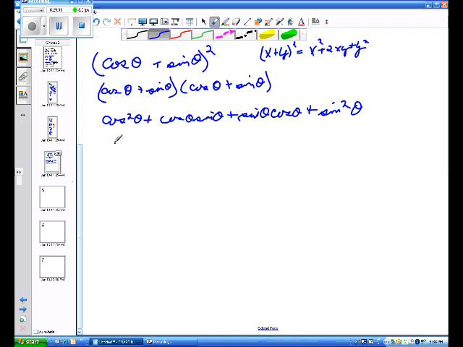So this would give you cosine squared plus, well, these are actually the same because of the commutative property, so that would be 2 sine theta cosine theta